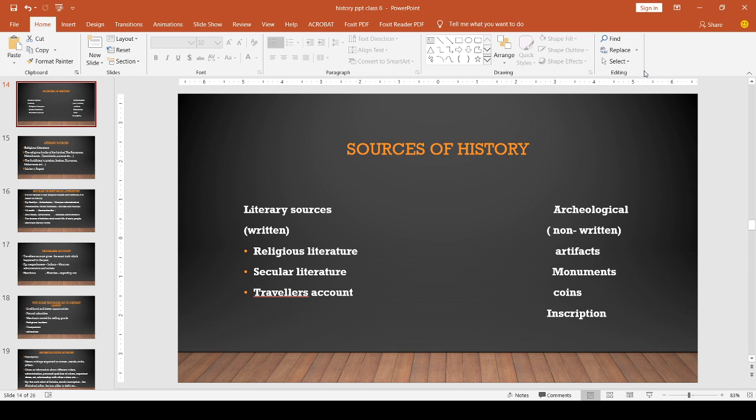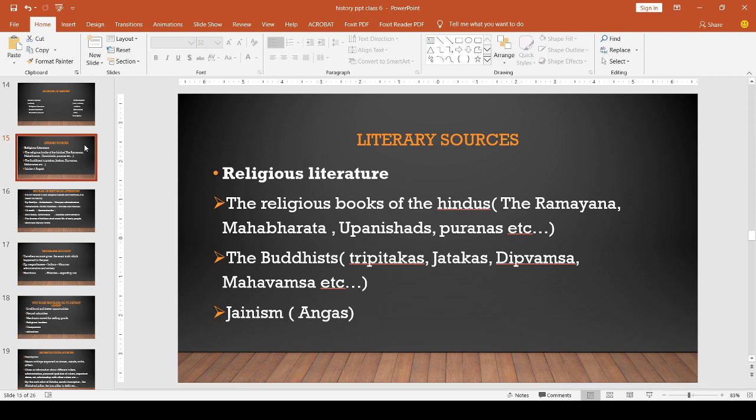So today we can discuss what literary sources are. We know that the story of man on this earth goes back several thousand years, and we can learn about it from the evidence left by our ancestors. We know that long years ago, in our past, we have written records of different types, but thousands of years ago there was no paper to write.